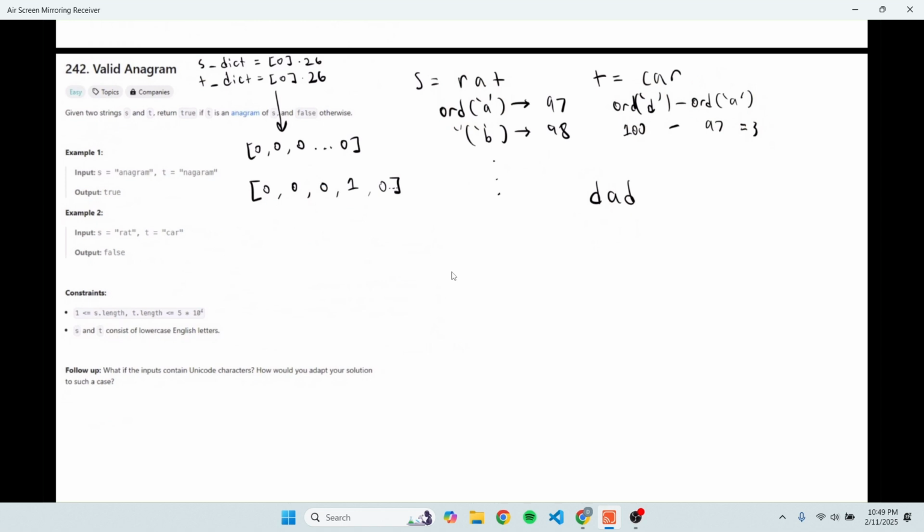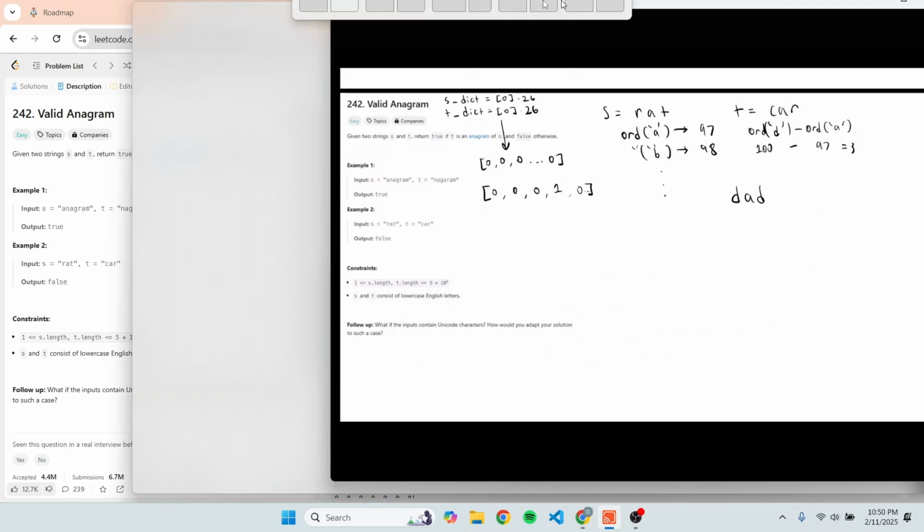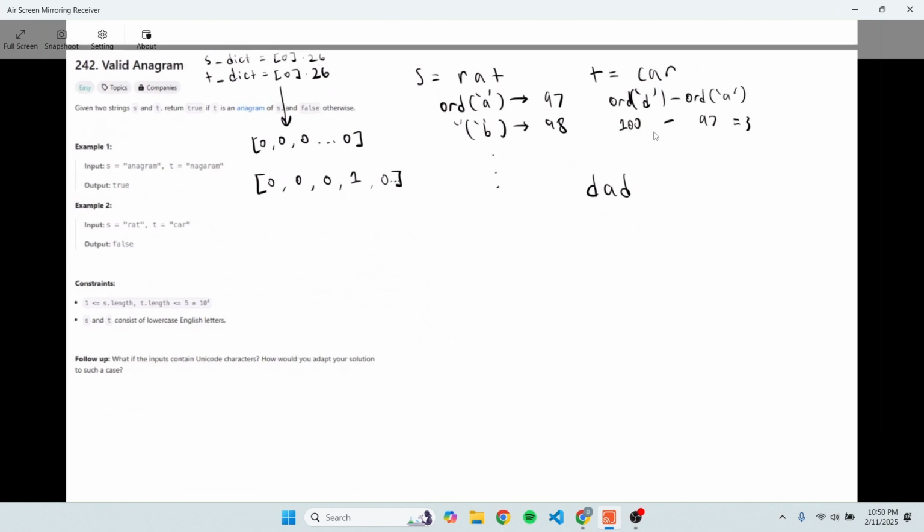So let's get into the algorithm. So basically what we're going to be doing is, for both strings, RATCAR,